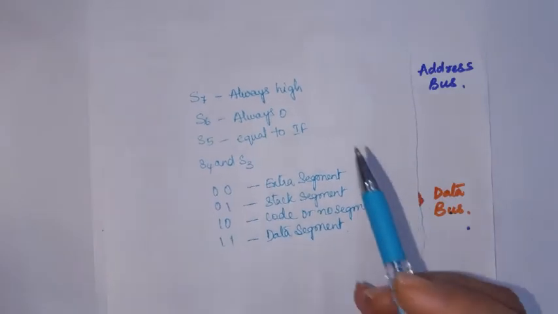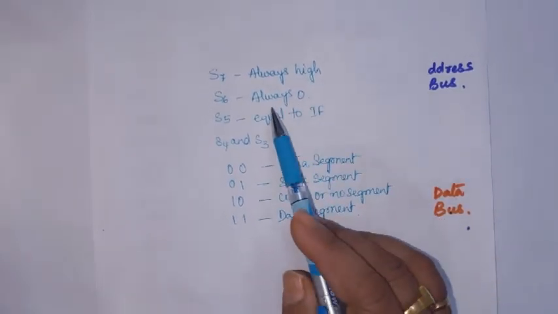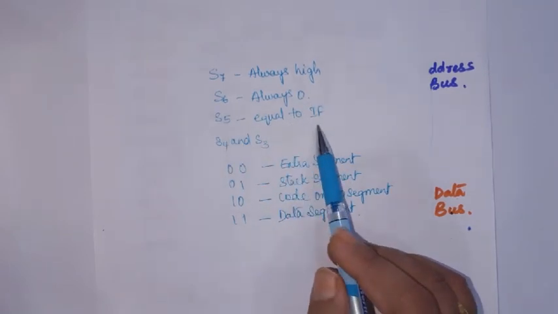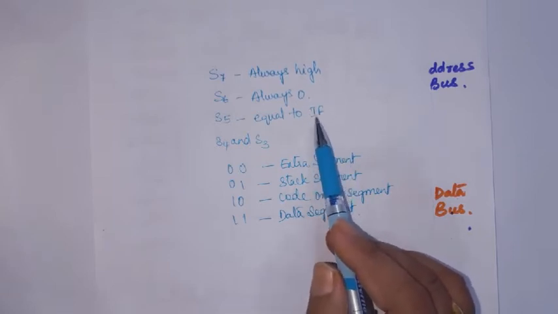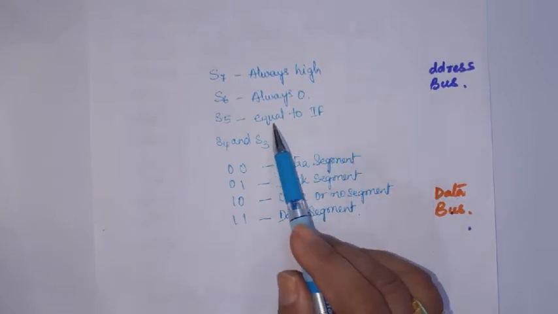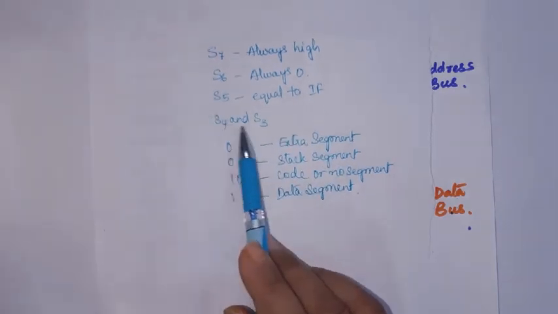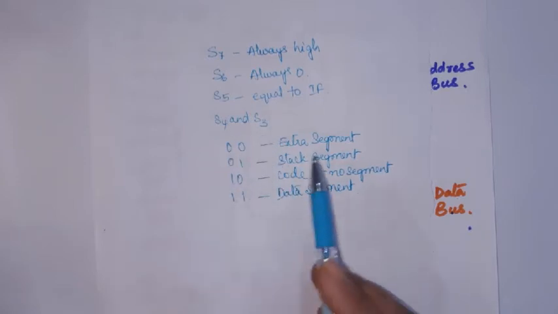So the status line S7 is always high, S6 is always 0, and S5 is equal to the interrupt flag. If the interrupt flag is set, this will be equal to 1, otherwise 0. Then S4 and S3, these two status pins give which segment is